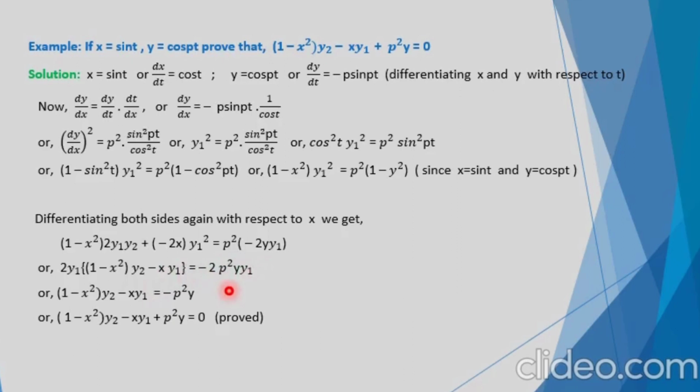Now, eliminating 2y1 from both sides, we get (1 minus x square) y2 minus x y1 equal to minus p square y, or this one. Therefore,